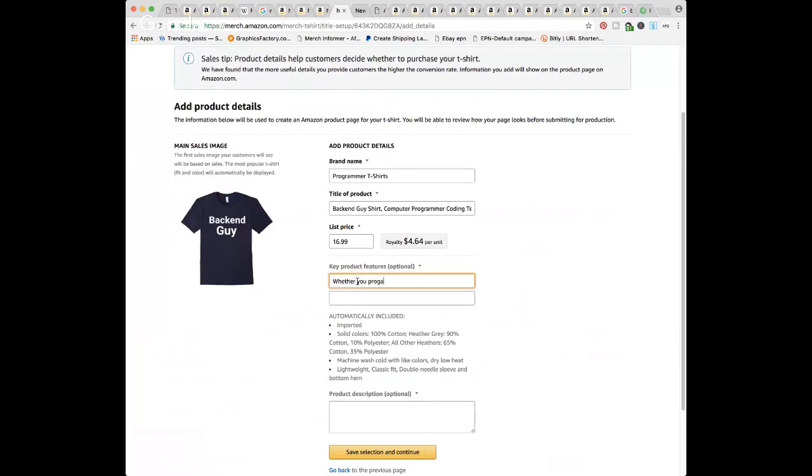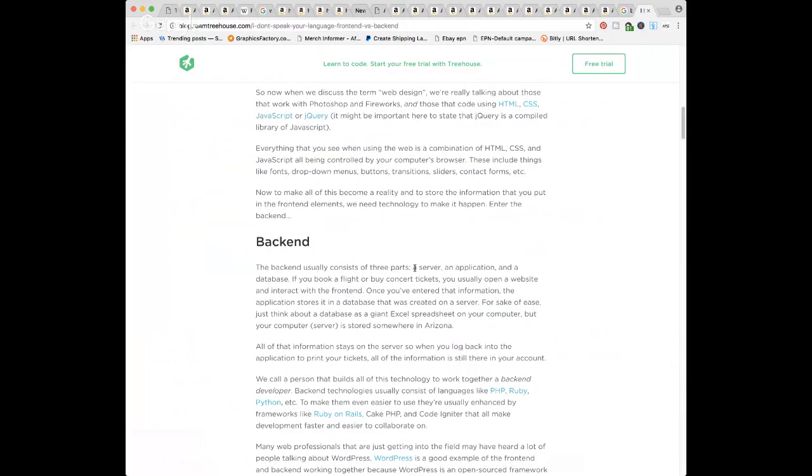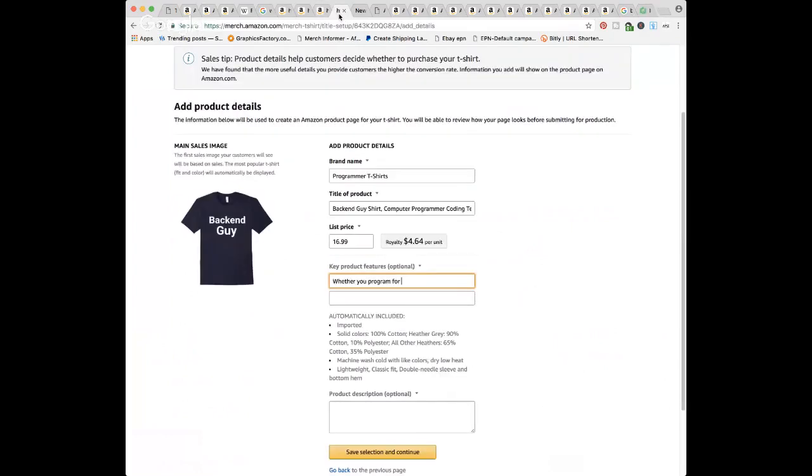Whether you program for, what did he say over here? Server, application, or a database. Let's just copy that real fast. MySQL, an application or a database. This funny backend guy shirt is perfect for you. Let them know you are not an IT guy. Program